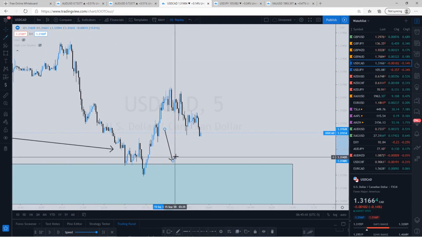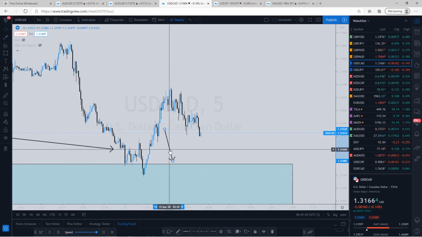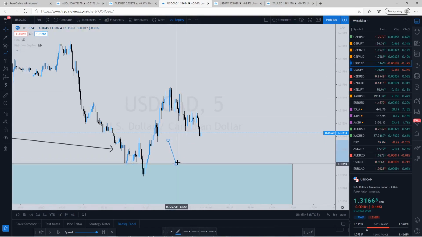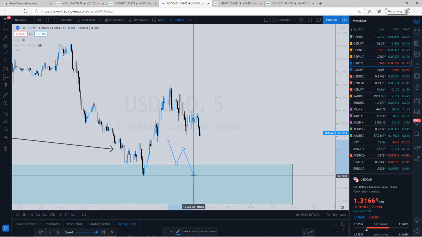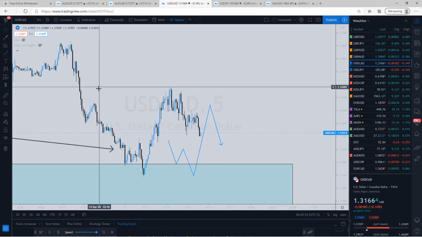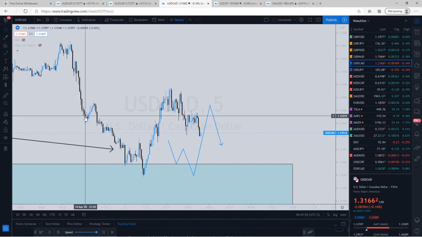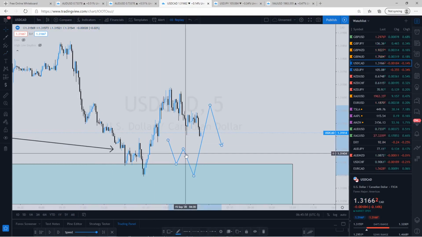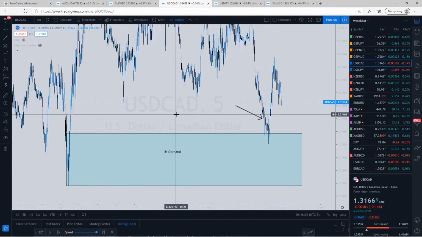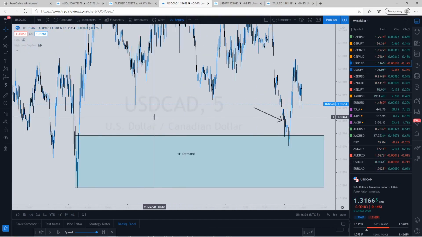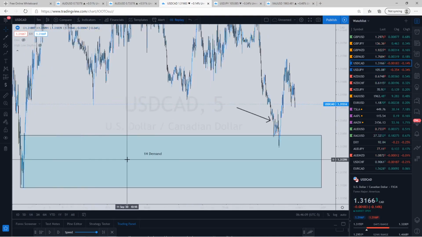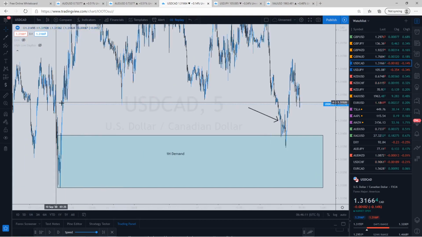Price pushes down, and actually let me get my different arrow. Price pushes down, it rejects, it comes up, it makes a new low, and then it springs all the way up to new highs, and then we pull back, right? New highs relative to this previous pullback, which is a good sign for us to go long. So we have an extra form of confluence being this 1 hour demand right here. Without having the demand zone drawn out, we wouldn't realize we were on a clean level of structure,